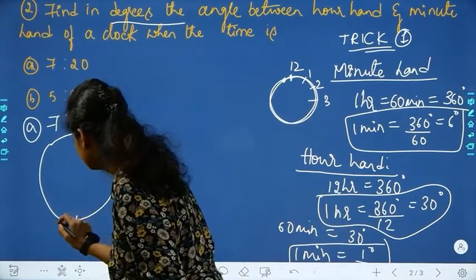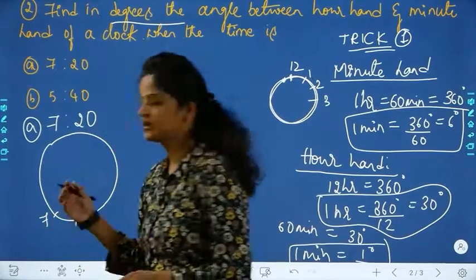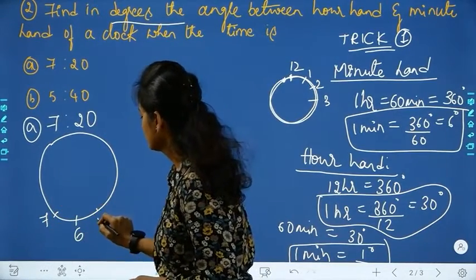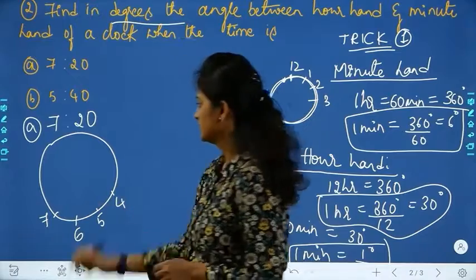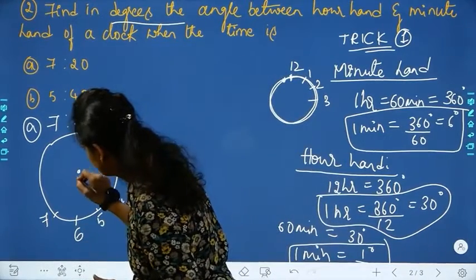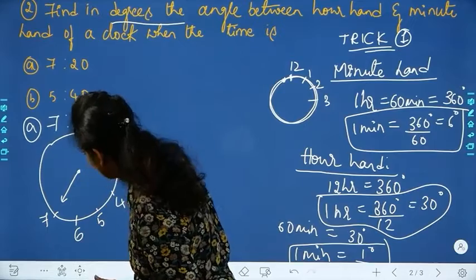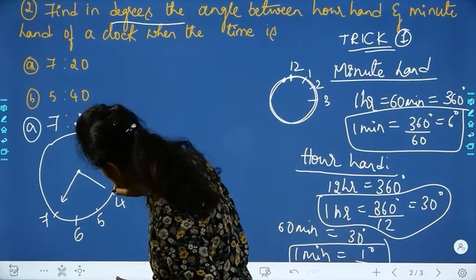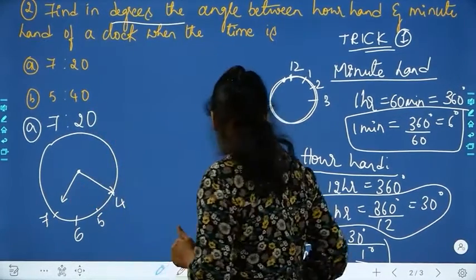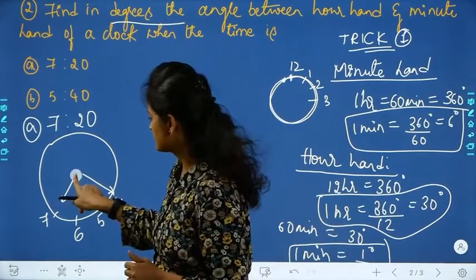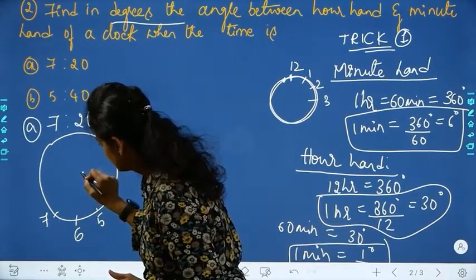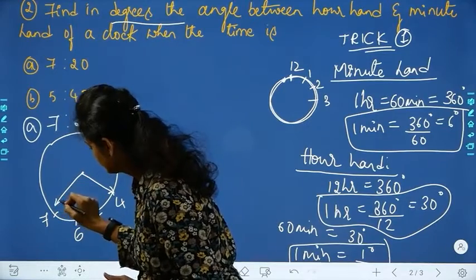7 o'clock. Roughly you take the diagram. Okay, we'll see the clock here. 7 and 20 minutes. 20 minutes, exactly it will be at 20. But the hour hand will not be at 7 exactly because already 20 minutes have passed, no? That will be a little bit ahead. Correct?